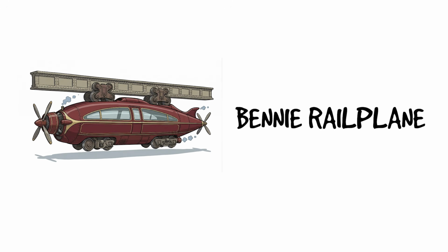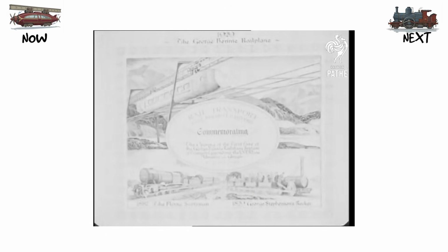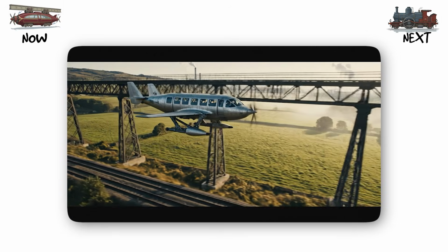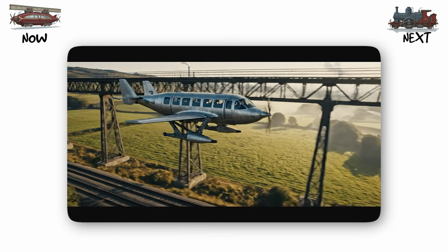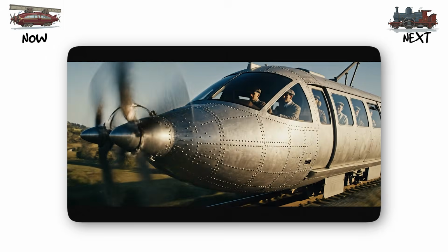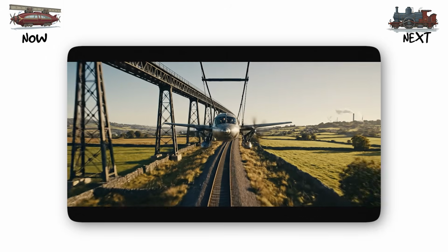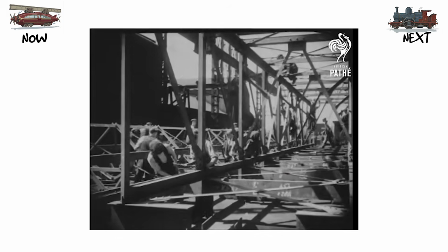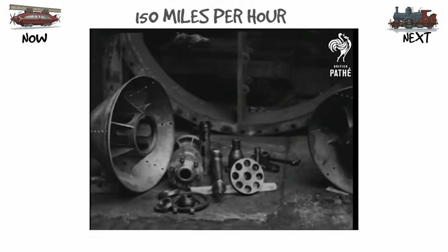Benny Railplane. George Benny built a working version of the future in a Scottish field in 1930, watched it function perfectly, and spent the next 7 years going bankrupt trying to convince someone to care. The railplane hung from a single overhead rail, driven by electric air screws at each end, with no contact with the track below. The concept stacked fast passenger travel above slow freight, running over existing rail lines at a projected